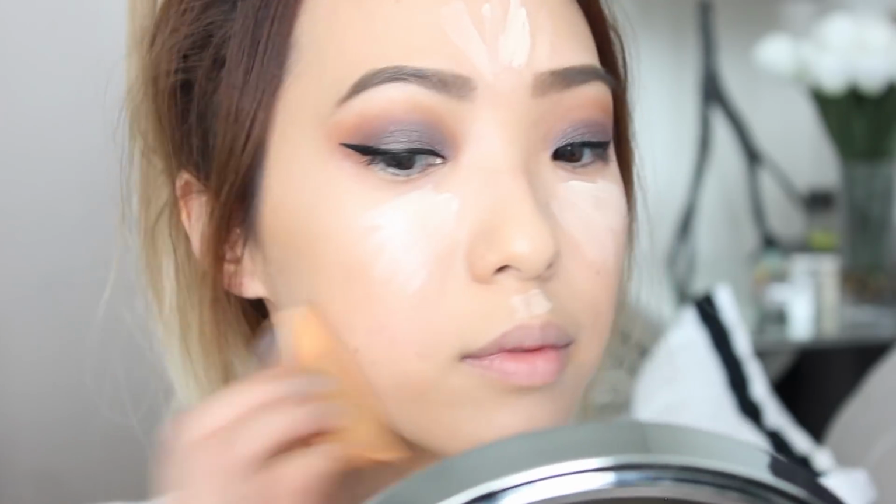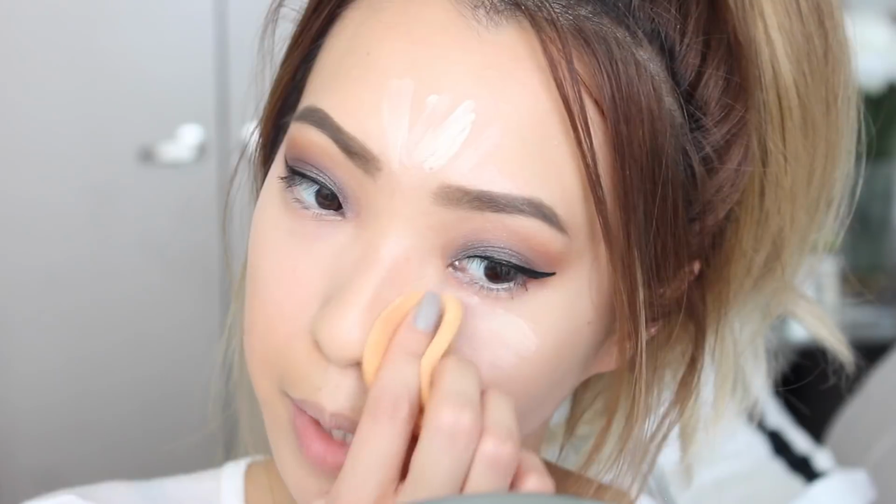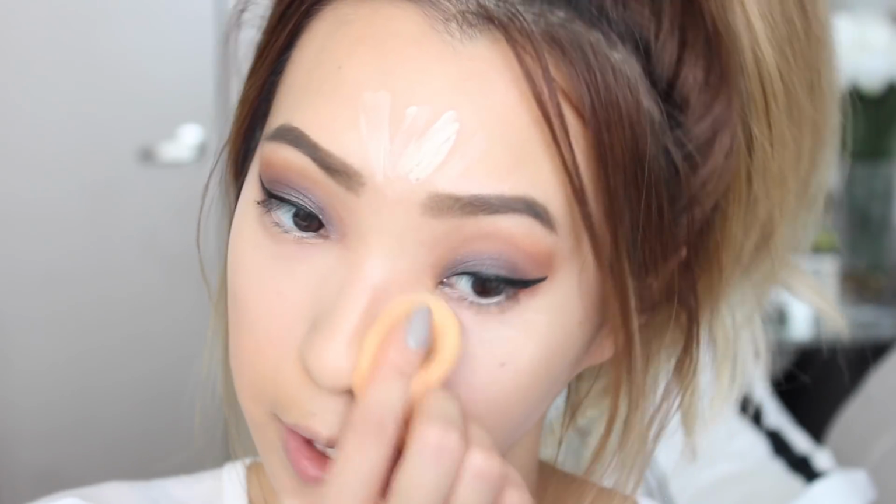It's slightly brightening up my under eyes, but I can still see my dark circles and my skin underneath it. And it also makes my skin look really shiny and oily. Can you guys see that? I mean, it kind of sort of helped a little bit, I guess, but now I'm going to set my